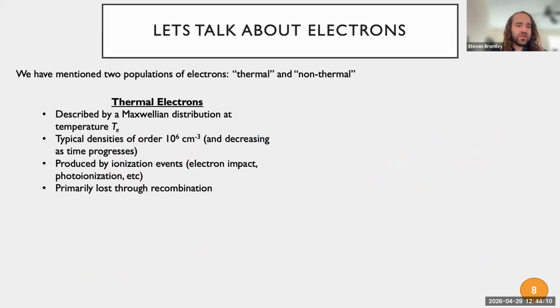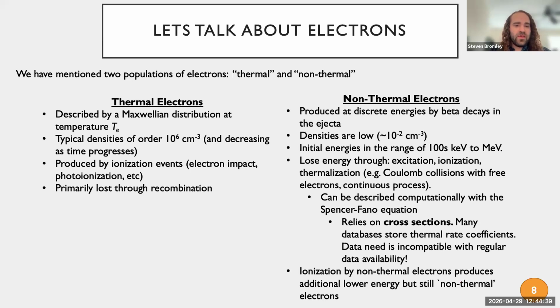I mentioned thermal and non-thermal electrons, and I just wanted to talk about them briefly. Our thermal electrons are relatively cold. We think these are on the order of a few thousand Kelvin, say a fraction of an eV. Typical densities, just to give you a ballpark estimate, are on the order of 10^6 per cubic centimeter. So quite thin, but compared to the non-thermals actually quite large. Because these are relatively low temperature, they combine quite efficiently with ions, and I'll talk about DR in a little bit. But the non-thermal electrons, I think, are where things get very interesting.